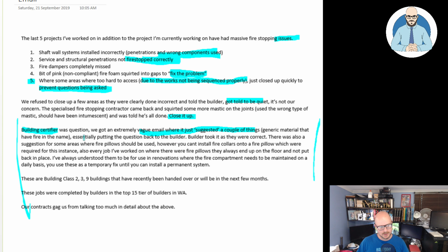So there was also a suggestion for some areas where fire pillows should be used. However, you can't install fire collars onto a fire pillow, which were required for this instance. Also, every job I've worked on where there were fire pillows, they always ended up on the floor and not put back in place. So if we look here,